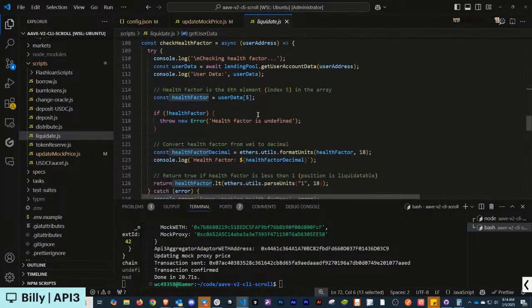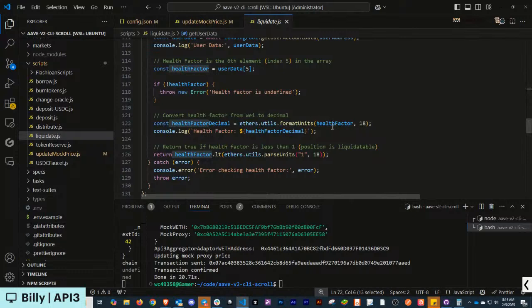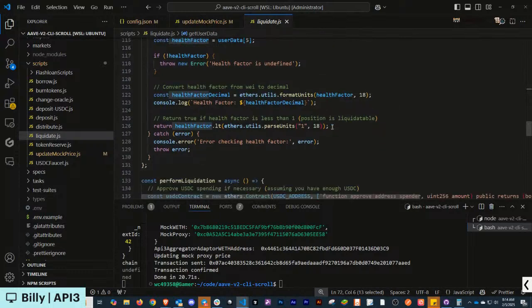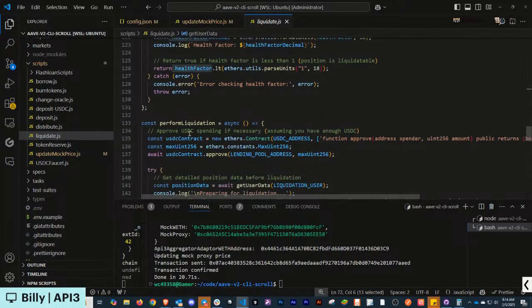Right. And so, yep, if it's true, then we continue on and we go ahead and make sure, yes, we can liquidate. Right. Then this is the whole point of this whole thing, perform a liquidation. So in this example we're doing here, I'm keeping it as simple as possible. We are going to perform a liquidation from an EOA wallet. We are performing a liquidation from our first wallet generation.